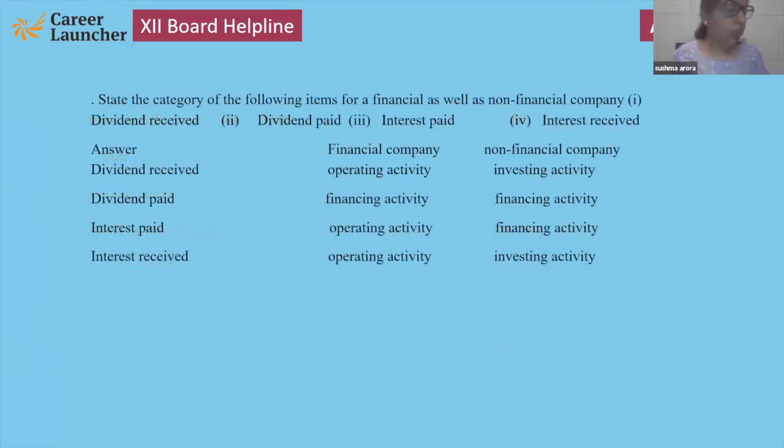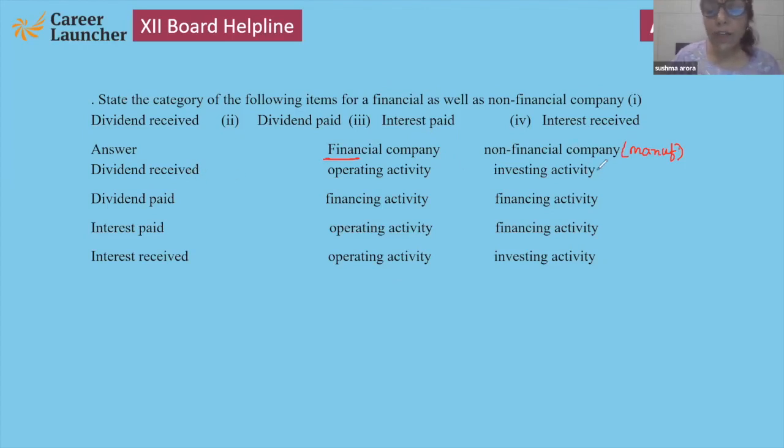Now, as many students demanded that I have to explain to you about the financial and non-financial company. Okay, so here I am going to give you a very easy way. Okay, see this one: dividend received, dividend paid, interest paid, interest received. Here I am going to show you the difference. Financial companies are those companies which are dealing in finance, and non-financial companies are also known as manufacturing companies or other. Now, dividend received,